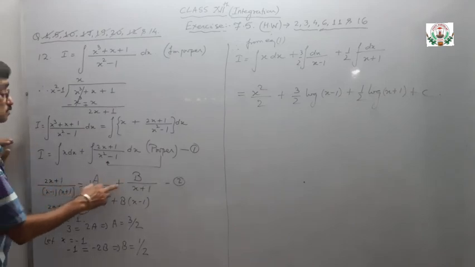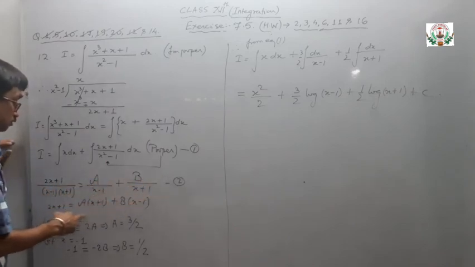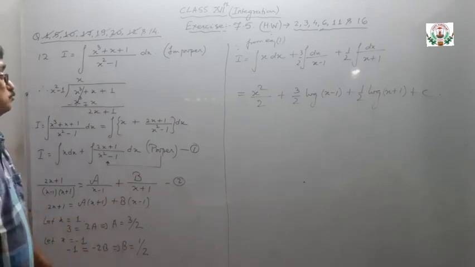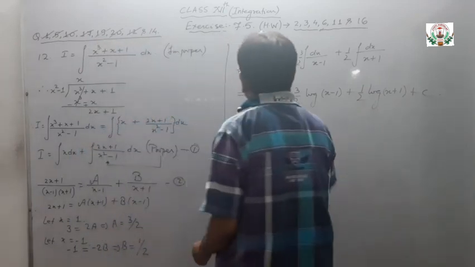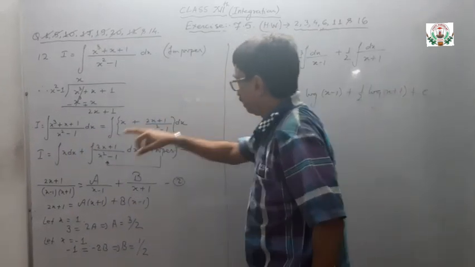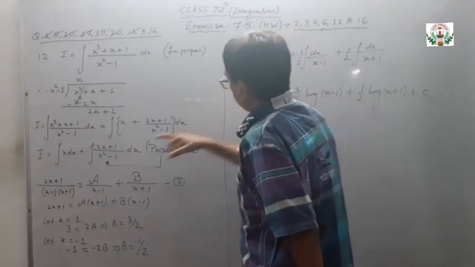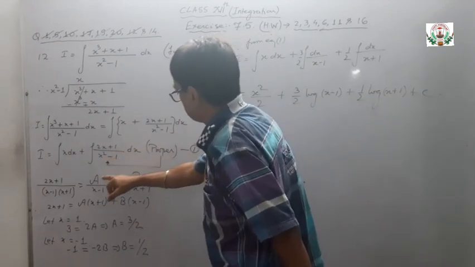So a upon x minus 1 plus b upon x plus 1, get the values of a and b. Value of a is 3 by 2, value of b is 1 by 2. Now after getting the values, from equation 1, integration of x dx plus (2x plus 1) upon x square minus 1 is written as